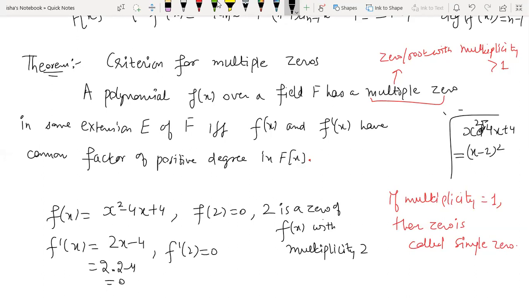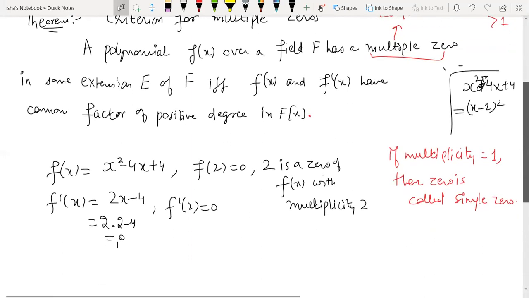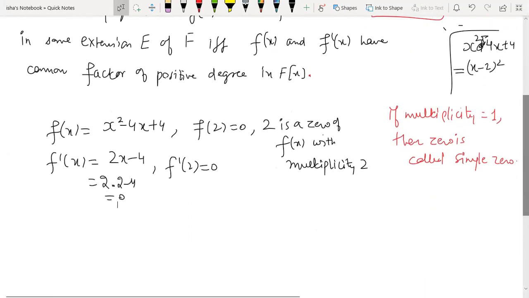So by saying that f dash and f are having a common factor, it is equivalent to saying that they are having a common 0. If some 0 is a 0 of f and also a 0 of f dash, then that 0 is going to be a multiple 0. You can test this over any example because this is applicable to any general polynomial, any general field. There is no specific field where it will be applicable. It's true for every field. If a root of a polynomial is also a root of its derivative, then obviously in the polynomial it's going to be a multiple root. You can test this on many examples, and it is an if and only if result. So it can be used both ways.